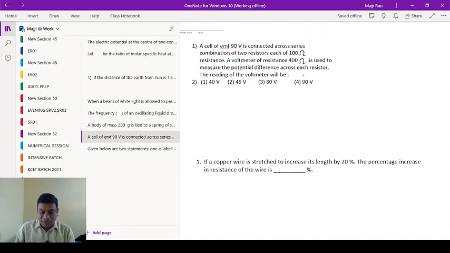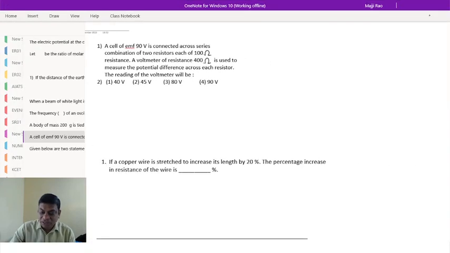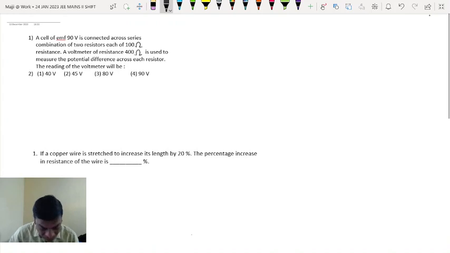And today I have come with three questions based on current electricity, which were asked in the second shift, or the afternoon shift, of 24th January 2023 JEE Mains. So without wasting time, let us discuss the first question. See, the first question is,